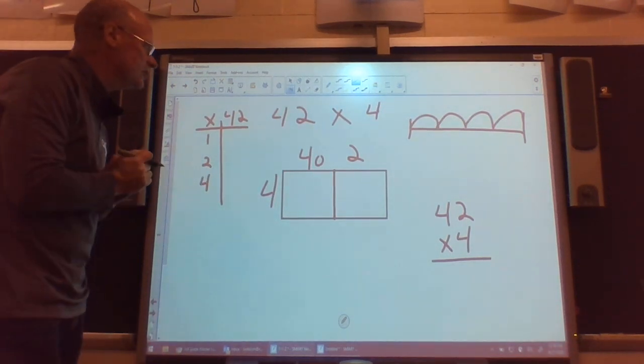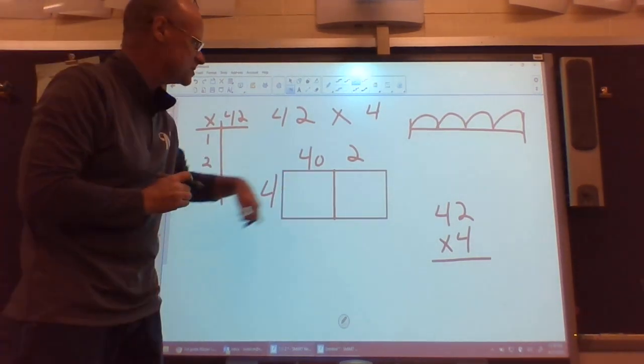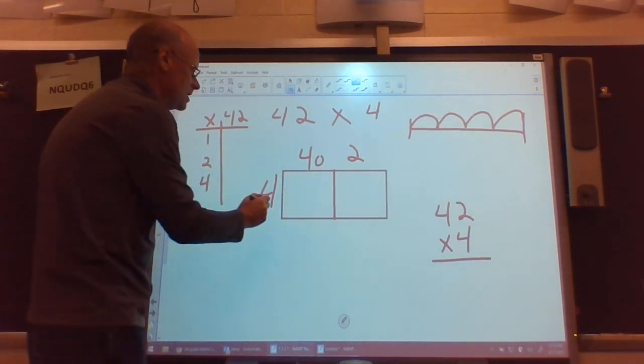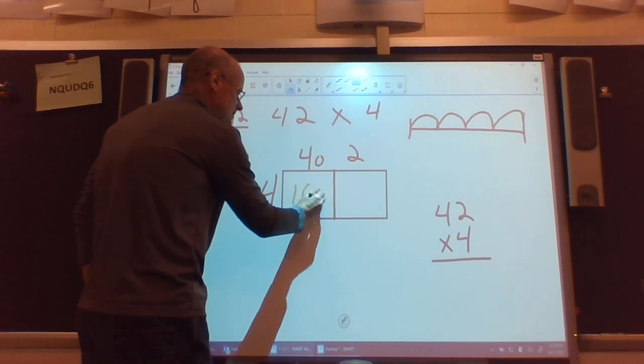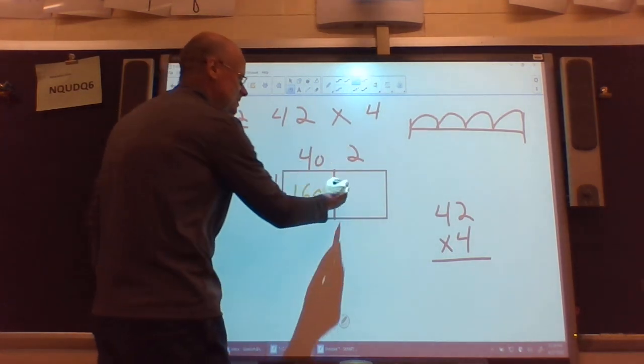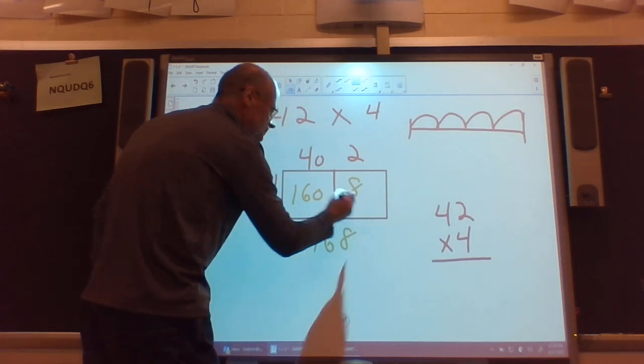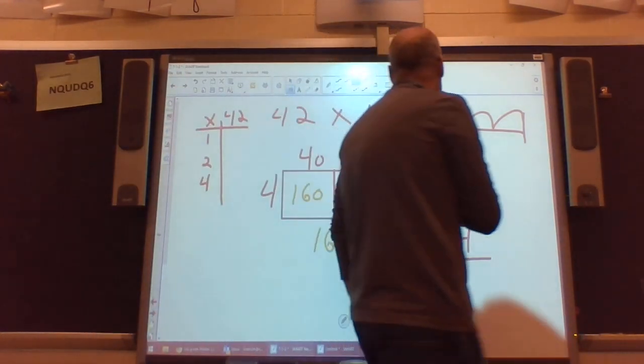Let's start out with area model again. 4 times 4 is 16. Tuck that 0 on. I get 160. And 4 times 2 is 8. I add those together, I get 168. Let's do some